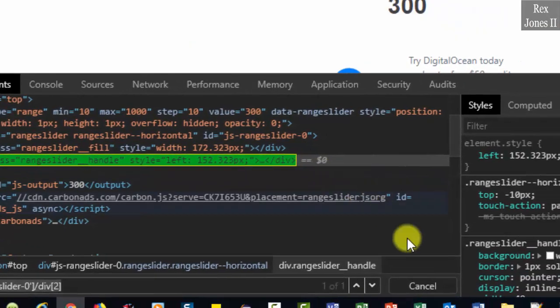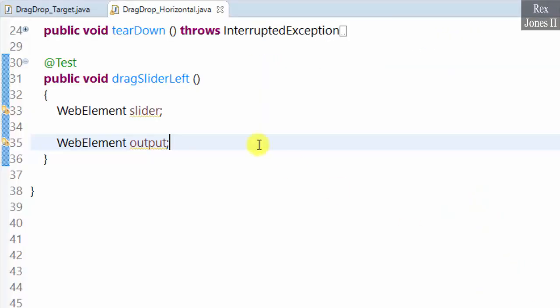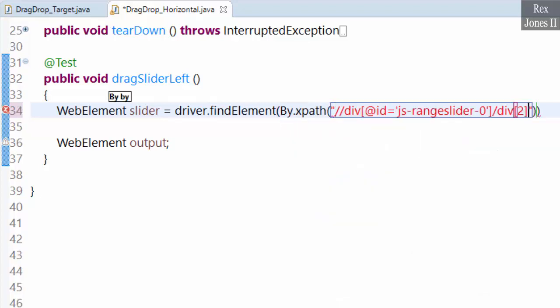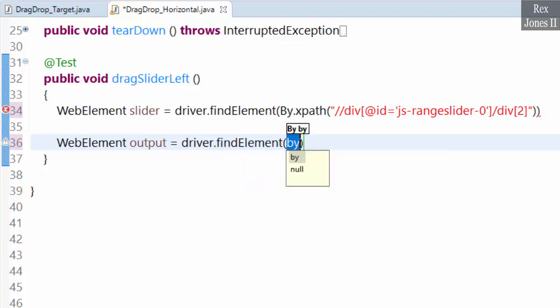Copy the value, go back to Eclipse, equal driver.findElement(By.xpath), paste the value. Driver dot findElement by